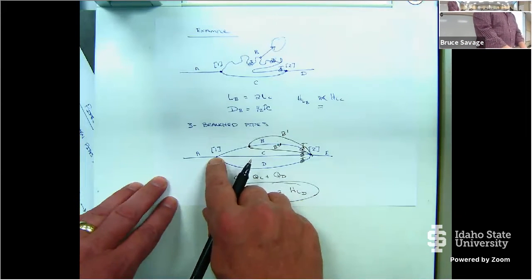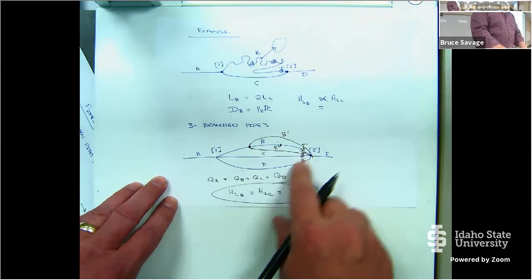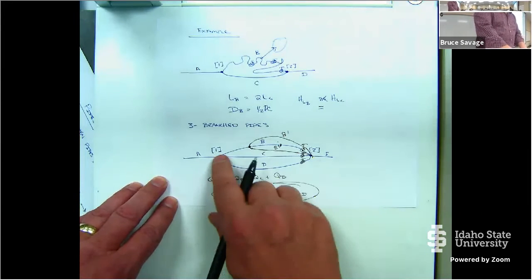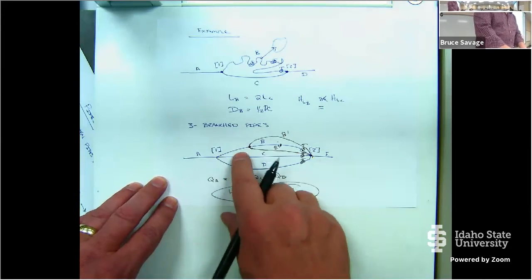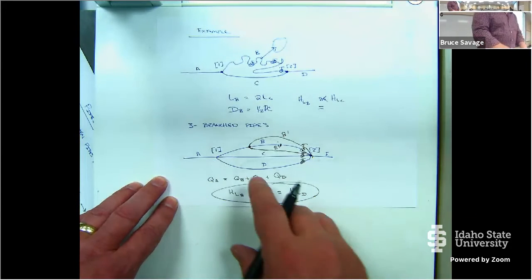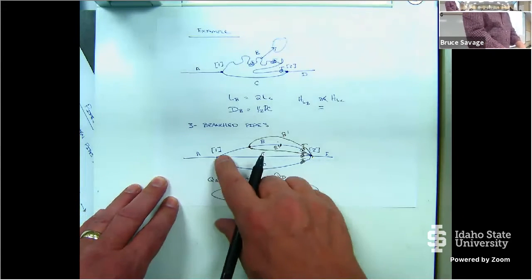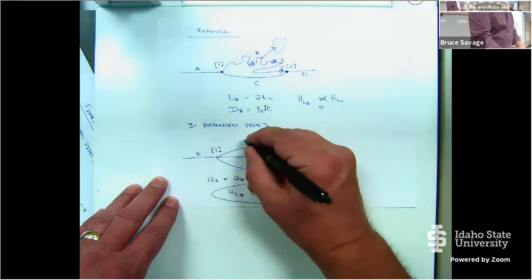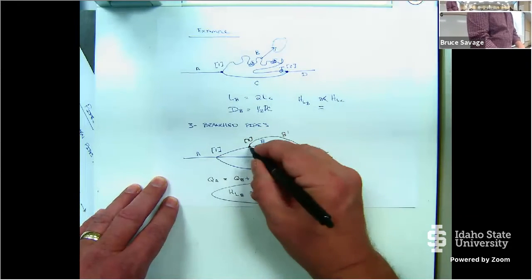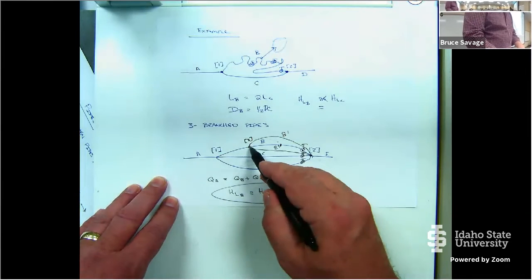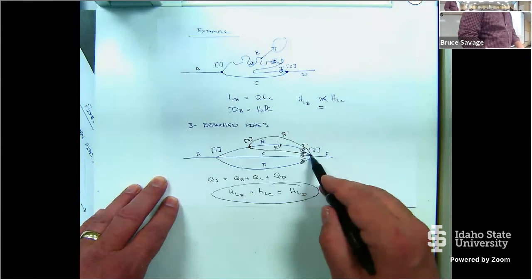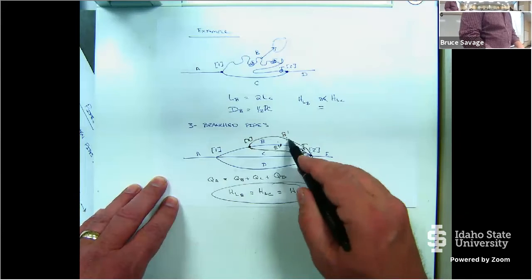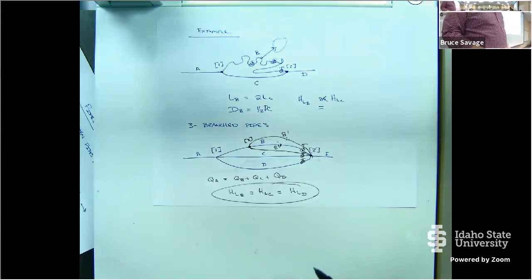Okay. Could we solve this using the same principles as down here? Yeah, we could. It'd be an ugly system to solve. We'd have to calculate what is the head loss up to this node here. Call this node 3. And then we would take node 3 and split that back up there to figure out what's going on through B prime and B double prime. It's the same principle, but much more